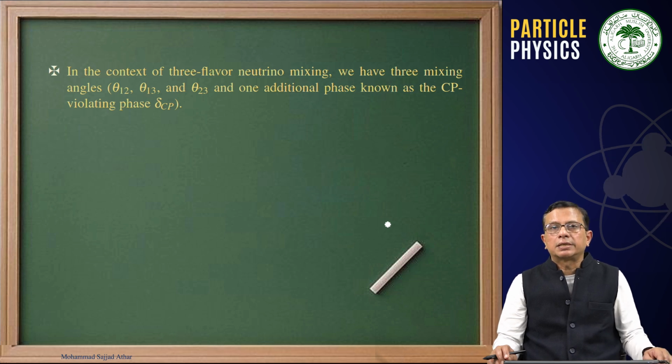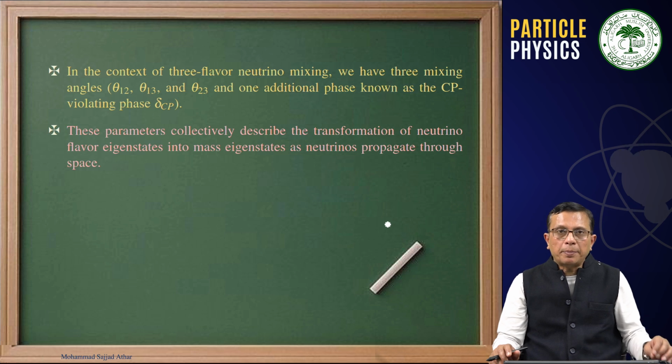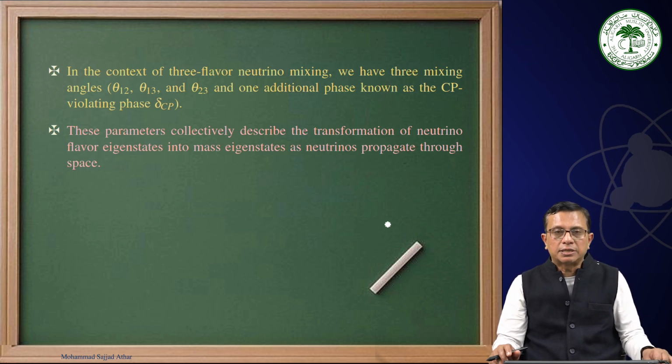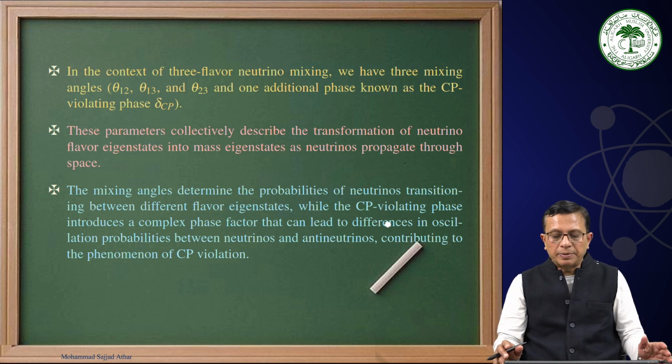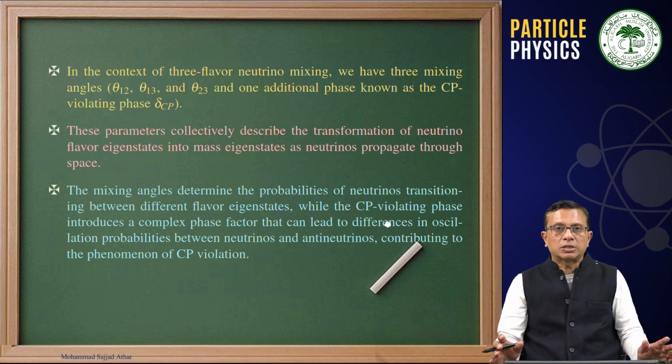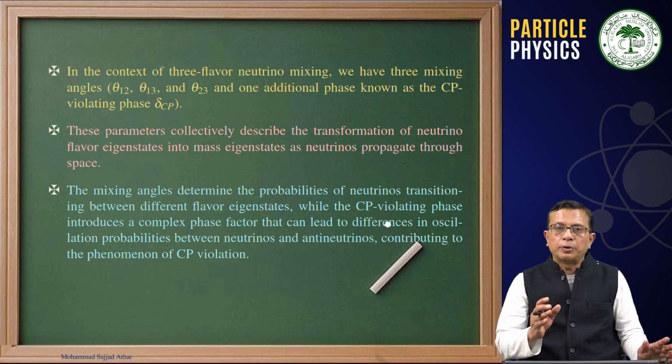This we have discussed at length while talking about matter antimatter symmetry. These parameters collectively describe the transformation of neutrino flavor eigenstates into mass eigenstates as neutrinos propagate through space. Now, the mixing angle determines the probabilities of neutrino transition between different flavor states, while the CP violating phase introduces a complex phase factor that can lead to differences in oscillation probabilities between neutrinos and antineutrinos, contributing to the phenomena